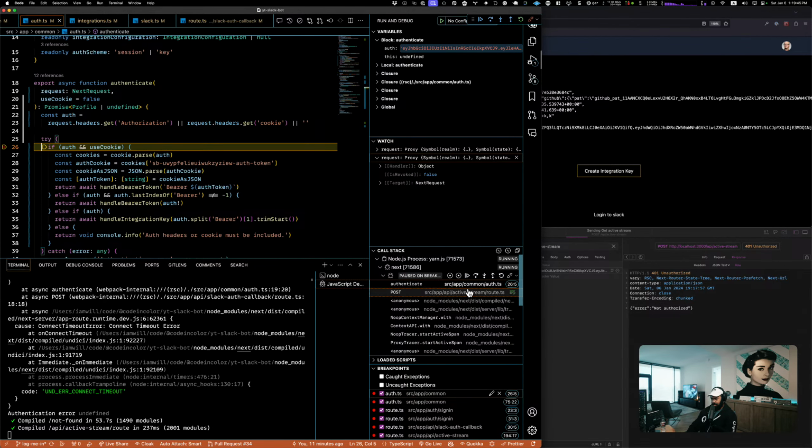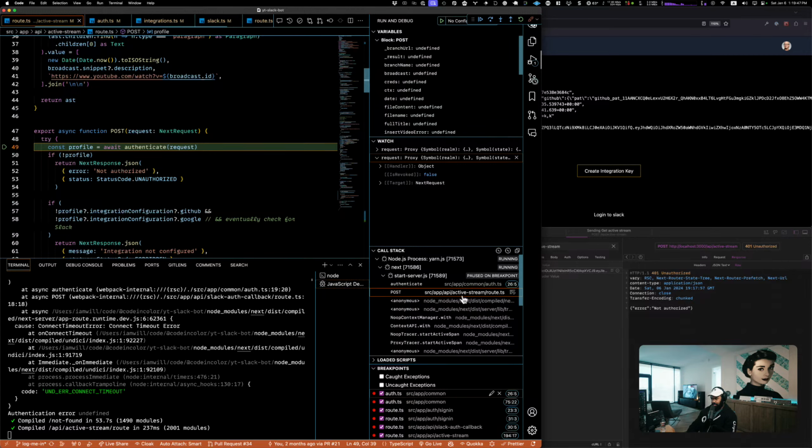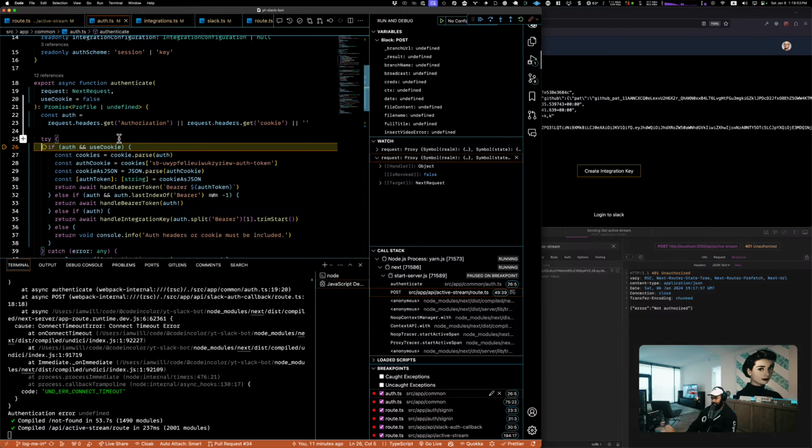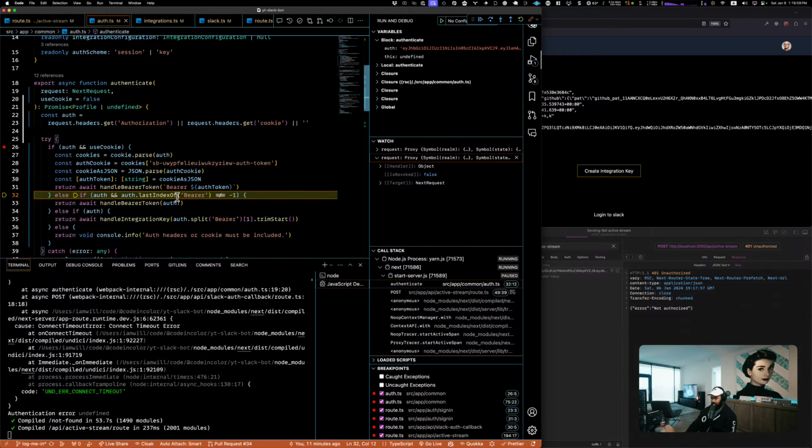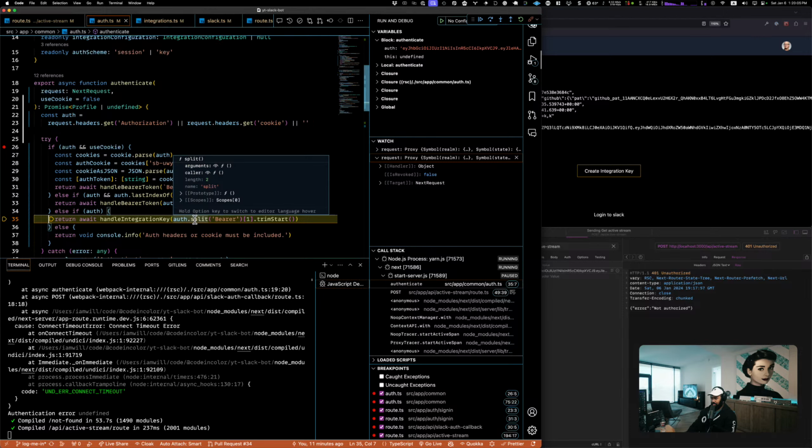All right, let's go here. So this is here, authenticate. This isn't a cookie. So what I would expect to see is it to go under this handle integration key. And it does. Okay.